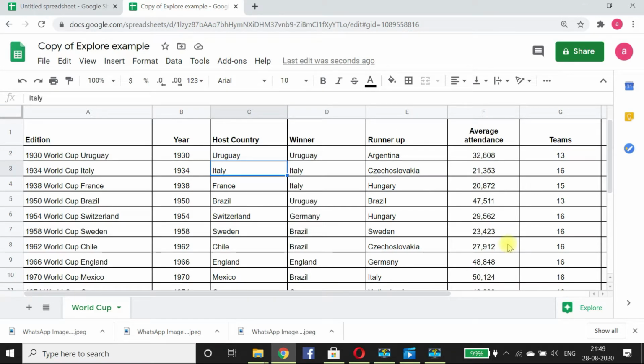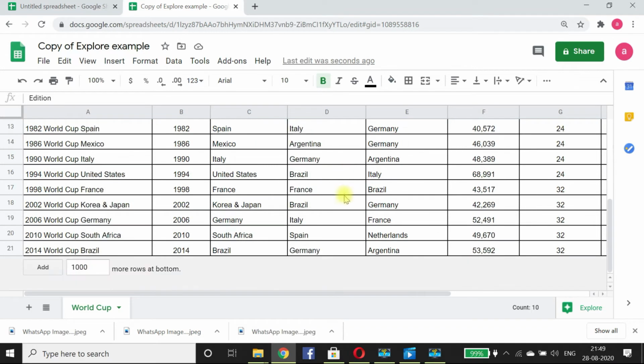Today I'm going to tell you all about freezing rows and columns. How can we do that? Here is the data from the stats of the different World Cup. Now we want to, let's say, freeze the first row so that while scrolling up and down our top row remains fixed and we can scroll seeing the labels above.